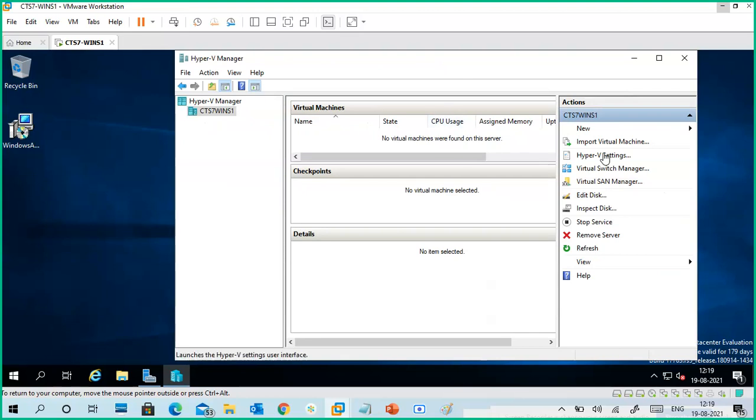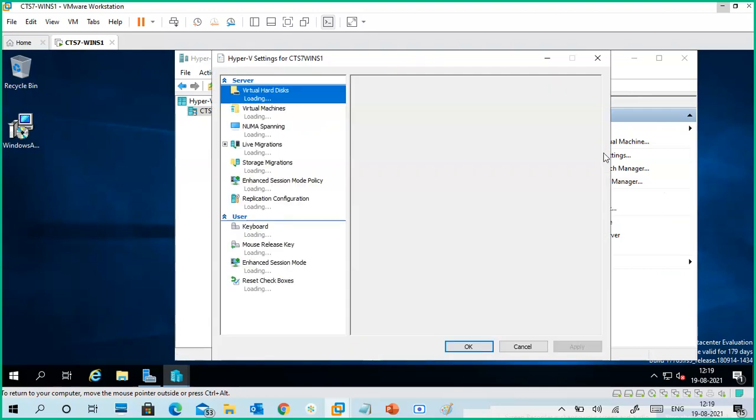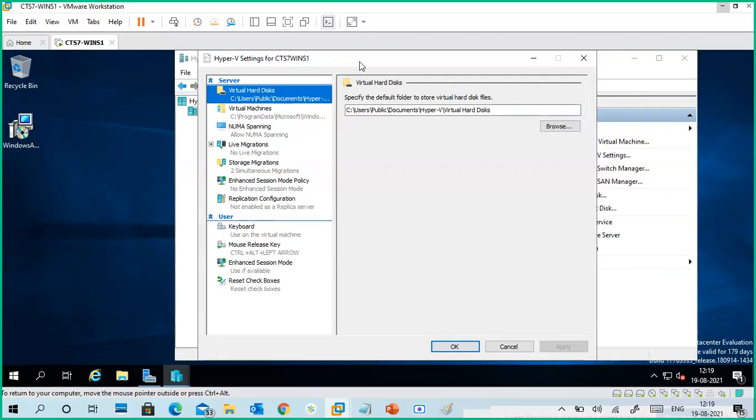This is Hyper-V Settings. First of all, we should go to the settings. I will show you the settings. This is the virtual hard disk location: by default, where your virtual hard disk should be stored. By default, it is showing C:\Users\Public\Documents\Hyper-V\Virtual Hard Disks folder. It is showing that by default.